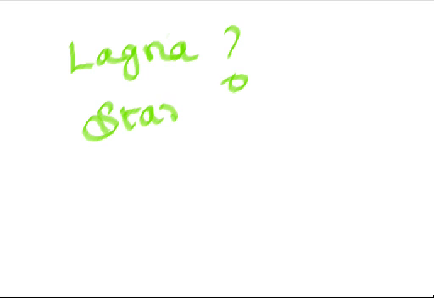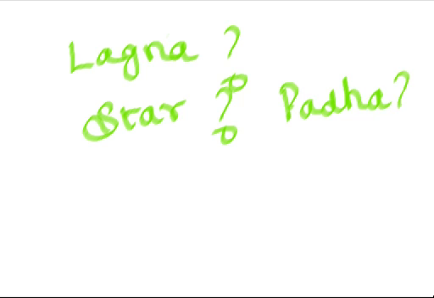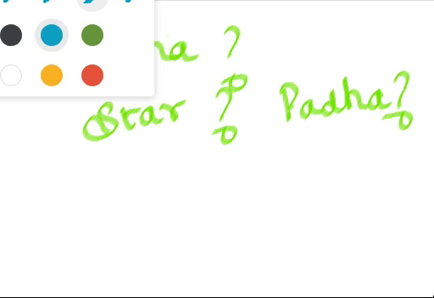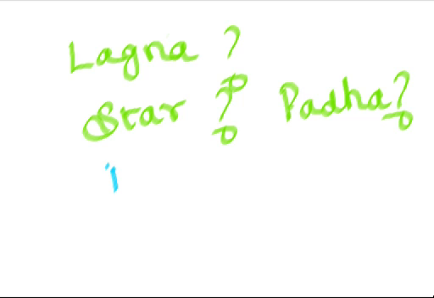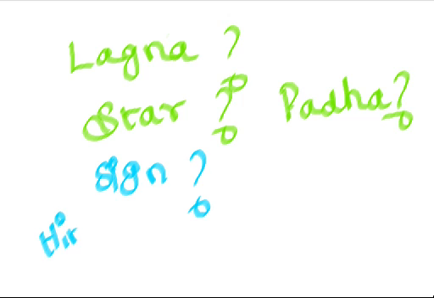So after childbirth, the basic principle you have to know is the lagna, the star, that is nakshatra, and pada, under which pada. If you know the star and nakshatra, automatically you will get which zodiac sign the child was born in. After that, again by seeing a Hindu calendar